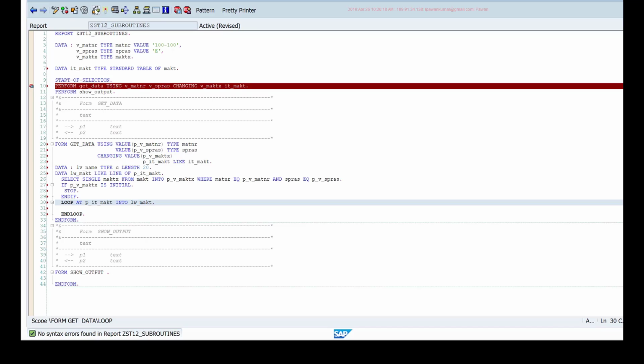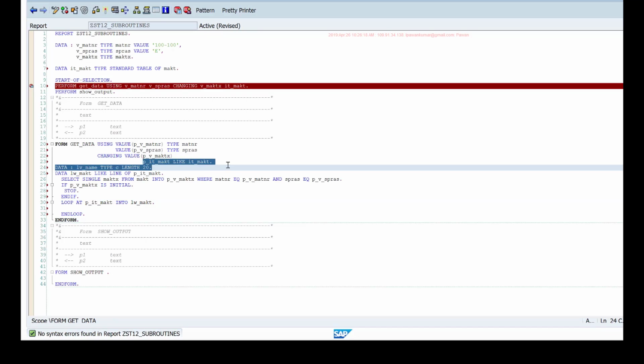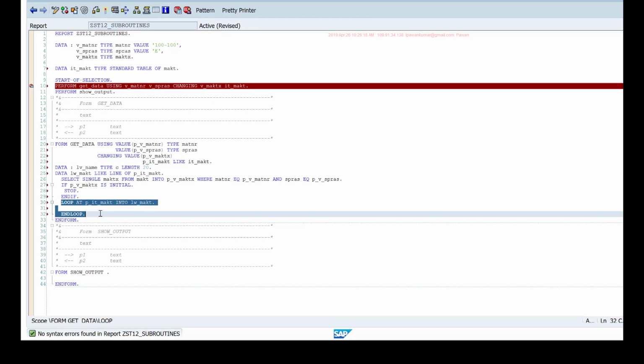So if you are passing internal tables or structures, then it becomes mandatory that you type your formal parameter so that the syntax checker will not complain if you try to perform certain operations that are generally relevant for structures and internal tables, like accessing a field of a structure or using loop or read statements on that internal table within your subroutine. So all these things we'll put together in the next session and try to do some exercise so that you practically understand how to use them. So see you in the next video.